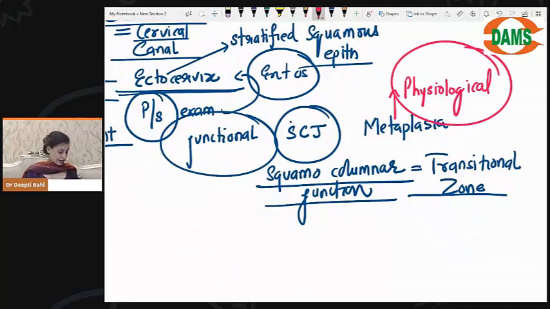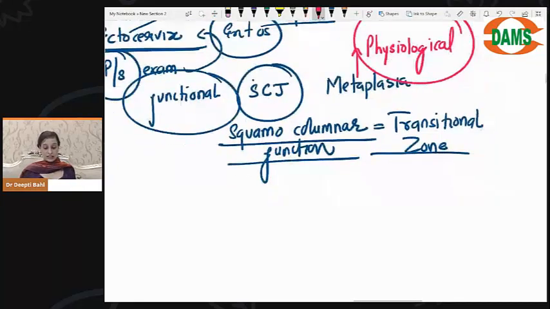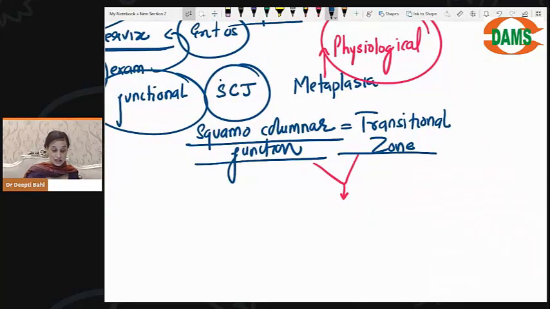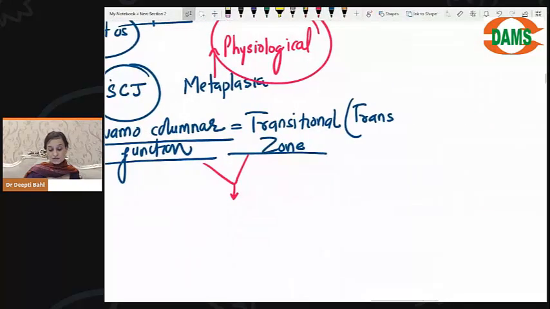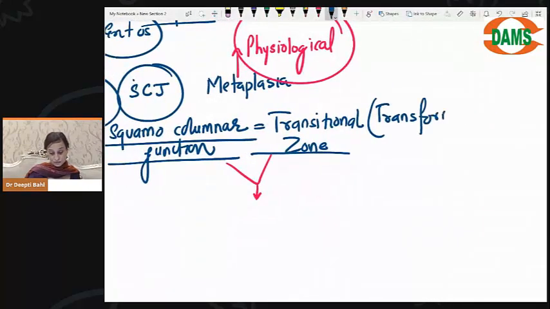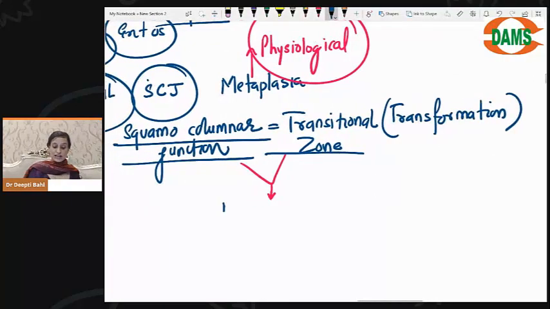Right? So this is physiological. Also, because here the cells are converting, this is also the area, the squamo-columnar junction or the transformation zone or the transitional zone, right? So we also call it the transformation zone. This is also the area where most commonly you will see